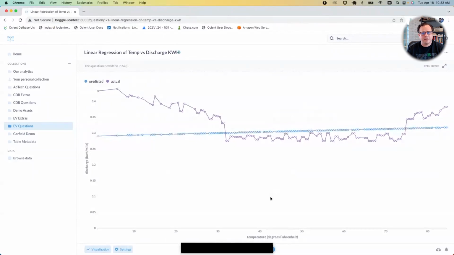The relationship between temperature and discharge isn't a linear relationship, because when the temperature is very low, you're heating the car and the battery is performing in different ways, so you're discharging more energy at the lower temperatures. Then things kind of level off between 30 and 70 degrees, and when you get above 75 degrees, the discharge of the battery goes up again because you're running the AC and you're using more power in the car.